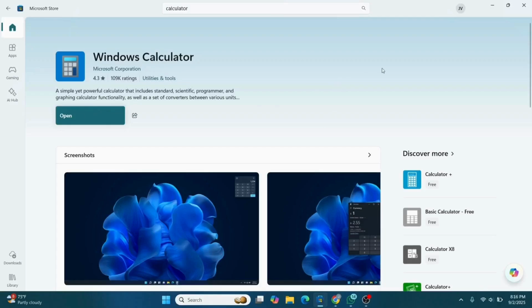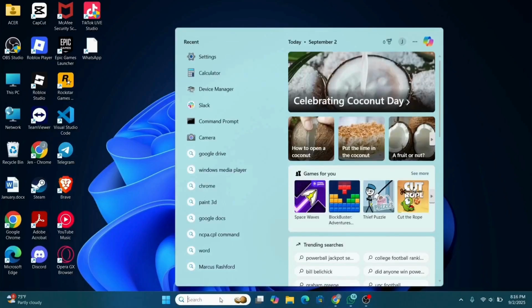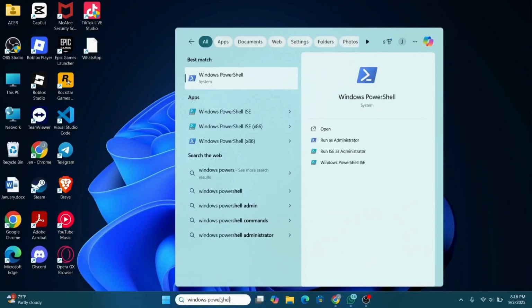And that is it. You may try out these solutions and see if that works or not. Or you can re-register the calculator app as the last step, which is for Windows PowerShell. So you can just go over here, type in Windows PowerShell and run it as administrator here